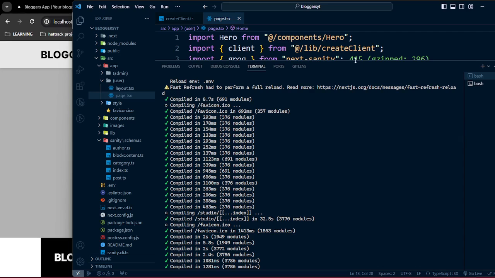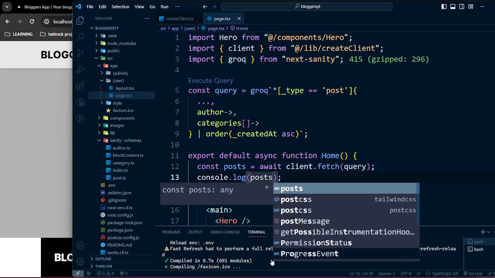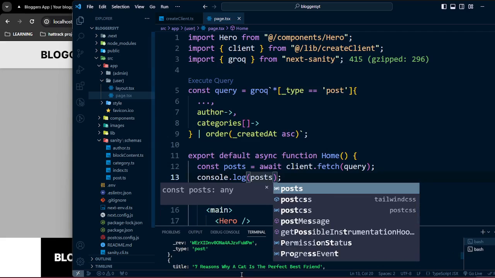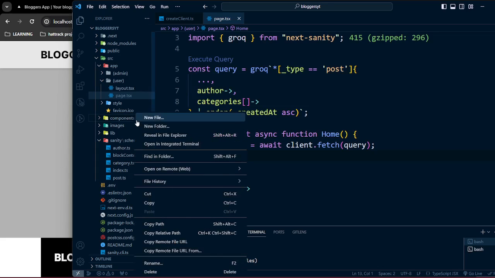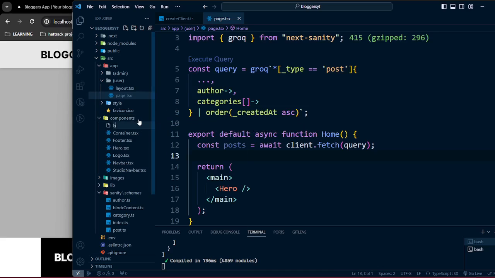So now I have the data. Now it's very easy to render it. To render all the data in the possible fashion, first I'm going to remove that console. I'm going to create a component, and in that component it's going to be named